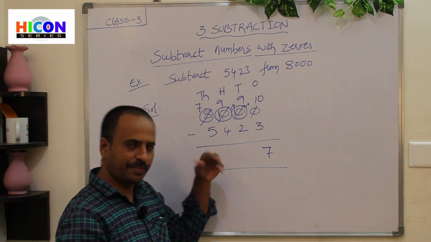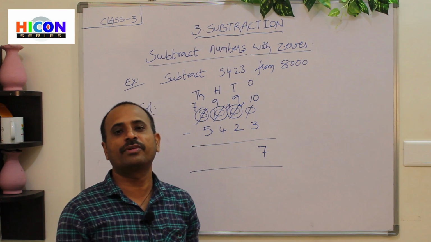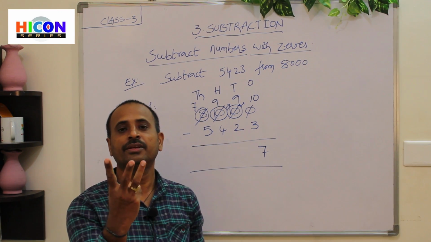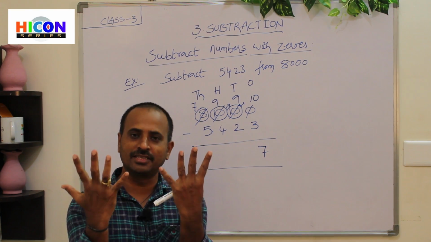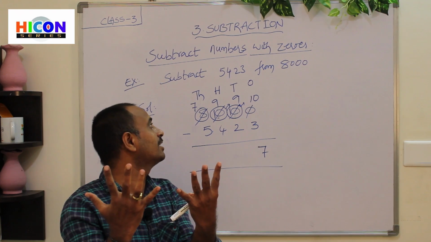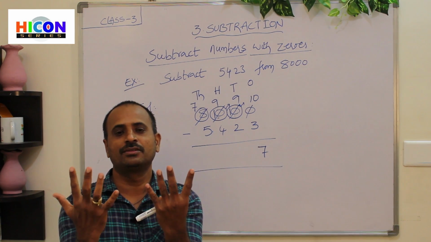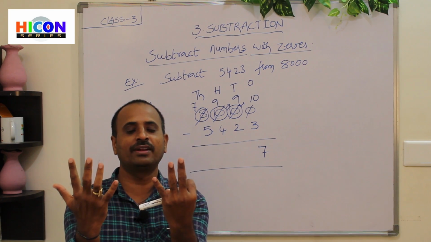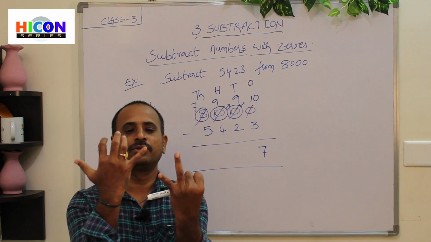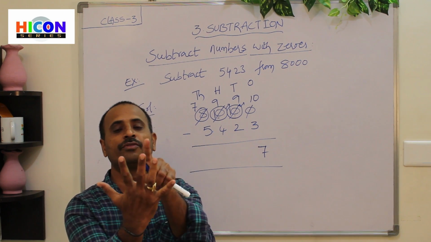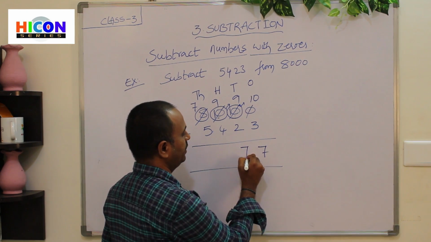So now go to tens place. So what are the digits in the tens? 9. Open 9 fingers of your hand. 1, 2, 3, 4, 5, 6, 7, 8, 9. Children, these are the 9 fingers. And what is the second number here? 2. So close 2 fingers among these 9 fingers. So children, see, I am closing 2 fingers. 1, 2. Children, count how many fingers are remaining here. 1, 2, 3, 4, 5, 6, 7. There are 7 fingers left.